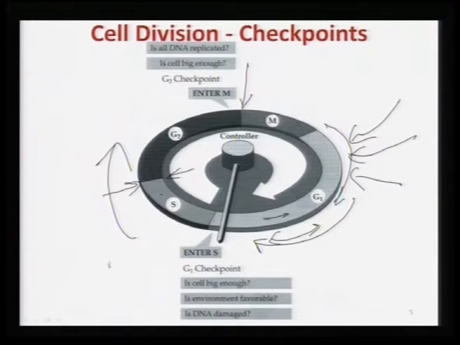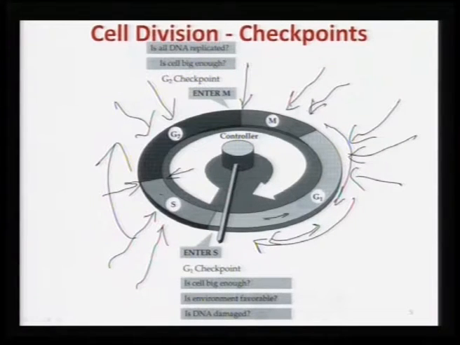Okay. Similarly, it may so happen that other cellular signaling pathways are activating S phase, a different set of signaling pathways are activating G2 phase, and a different set of signaling pathways are activating the M phase. Okay. And that depends on what kind of cell type it is, whether it is fibroblast, whether it is neuroblastoma, etc.